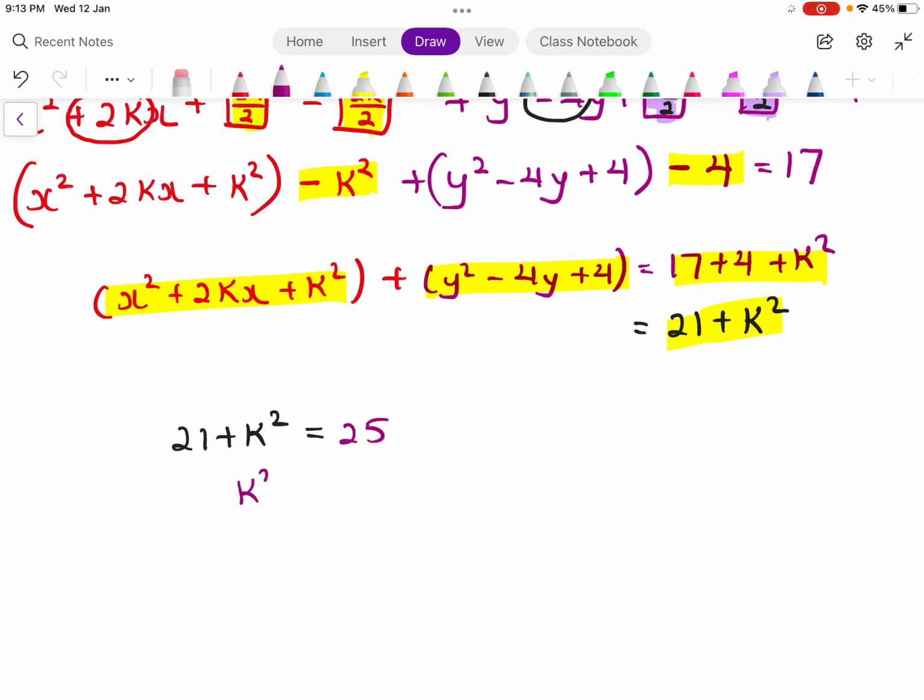Then you solve for k. So k squared is equal to 25 minus 21, which is 4. So k is just equal to the square root of 4, so you should put plus or minus 2. Okay, so it depends. Let me double check for this question. Okay, they say that k is a positive constant, so you must reject the negative counterpart. So the value of k is just positive 2. Alright, so that is for question